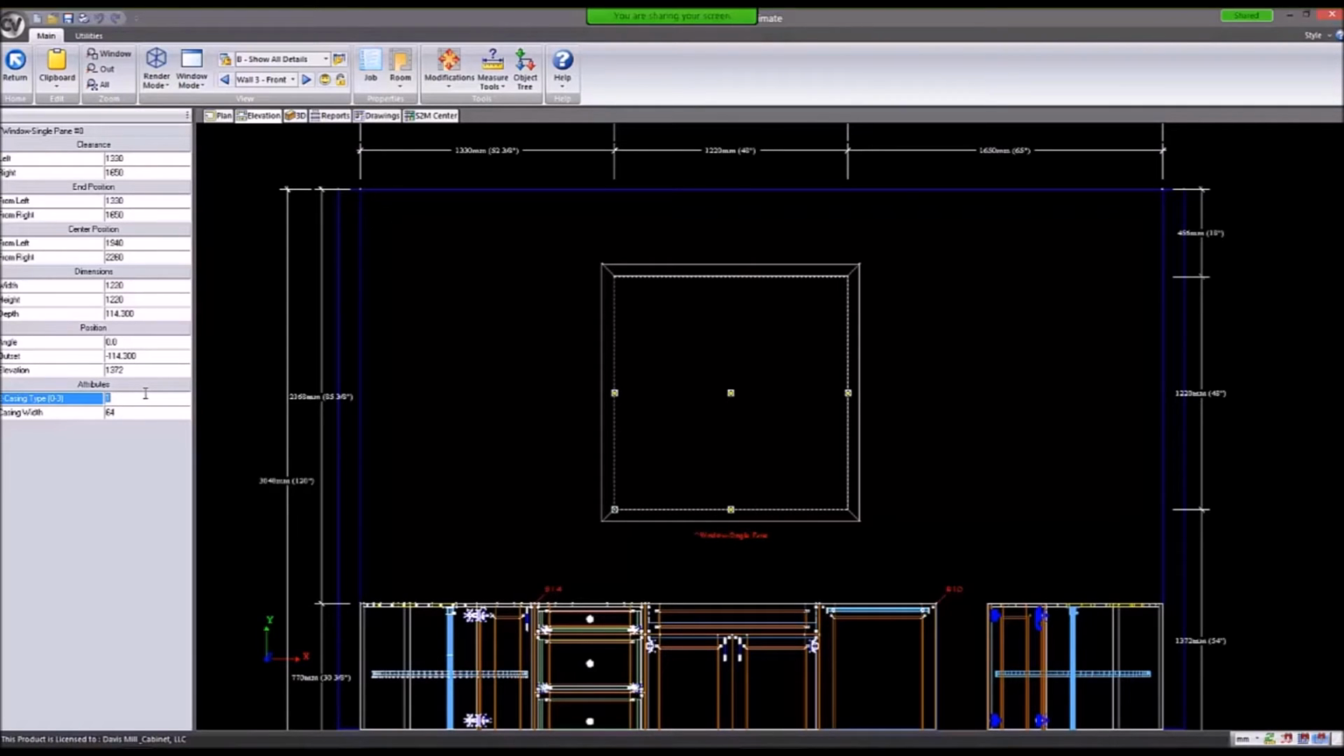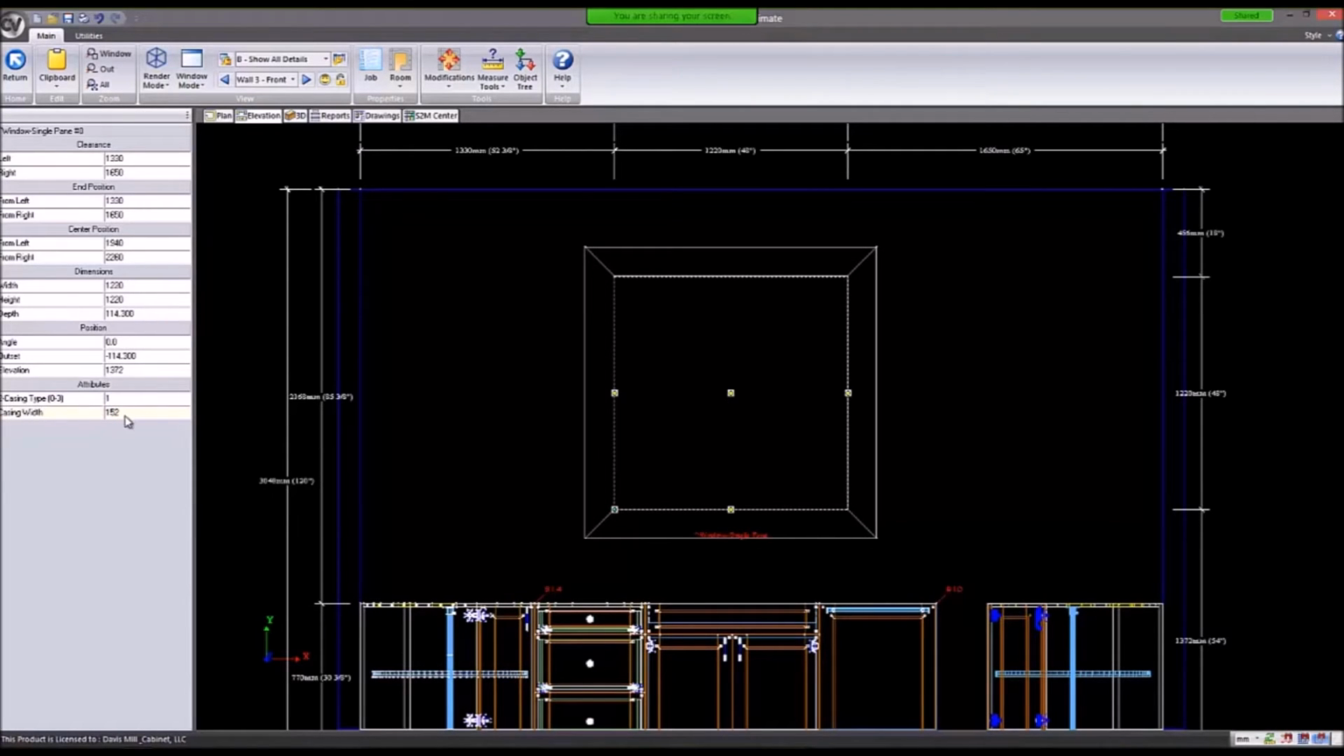So casing type, I'm going to call it 0. 0 means no casing, and notice the second parameter here went away. If I change it back to 1, that's a miter type casing. Here I can go to 3-inch casing, or let's go really big, let's go 6-inch casing. Whatever you want to do on it. Casing type 2